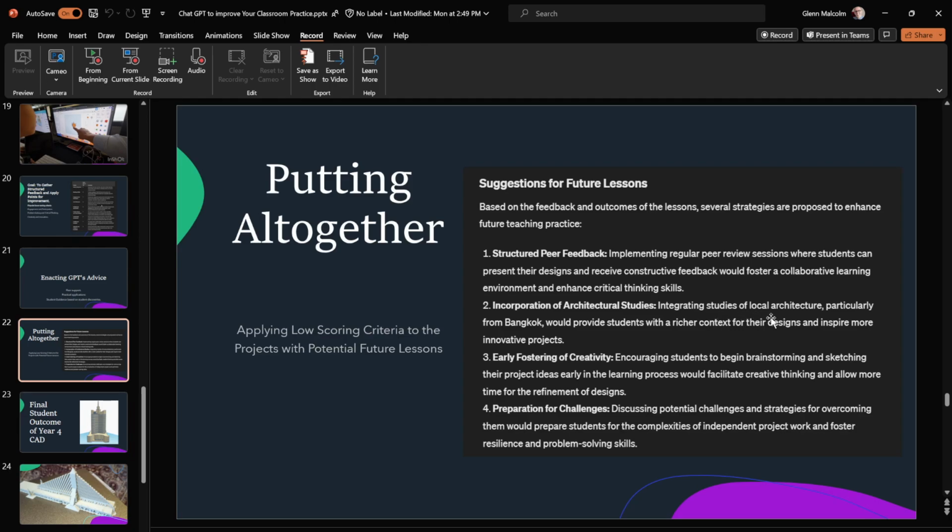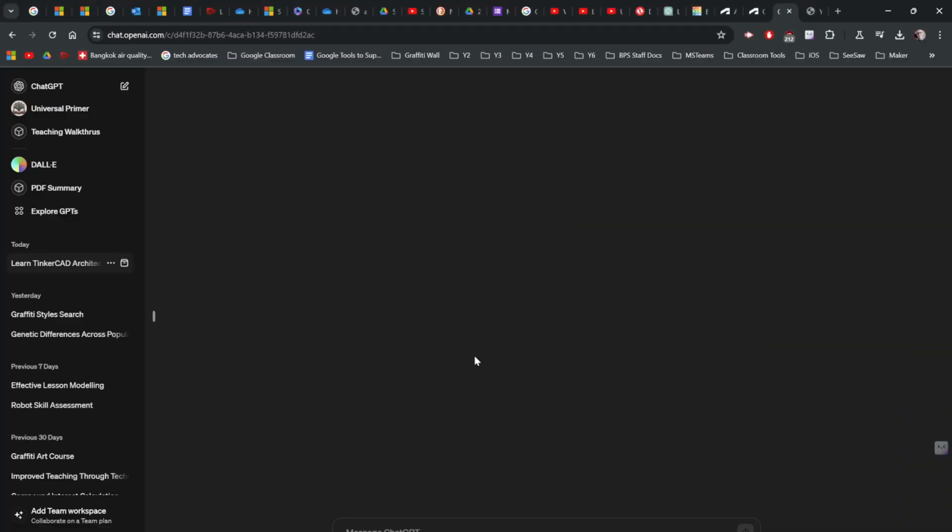Integrating studies of local architecture, particularly for Bangkok, would provide students a richer context for their designs and inspire more innovative projects. Great. So the next steps that it's offered me, so it's given me a 22 out of 25 so far, and if I go into here,